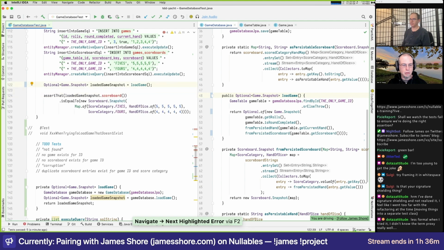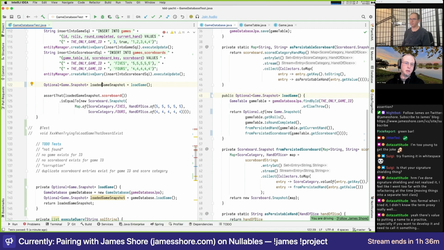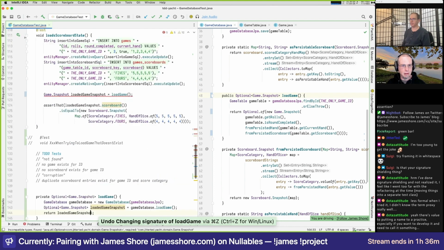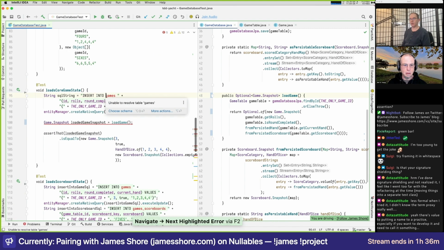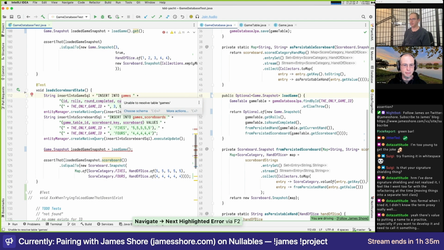So now we're assuming, well, actually, so here, I mean, in this test, we want to resolve the optional. So we don't want to actually assign it. We don't actually want to get the optional in this case. No, I think it's just load game dot unwrap or whatever the appropriate thing is. That's what I thought. So we do want to return optional from the helper, but we want to unwrap it in our test. Right. Yeah. There we go.